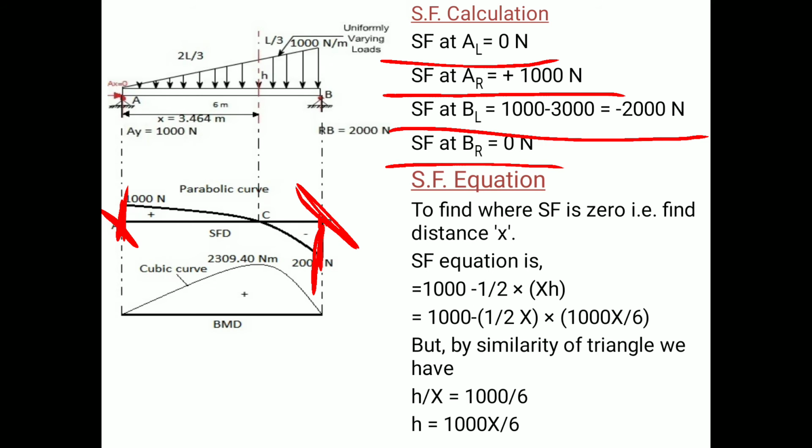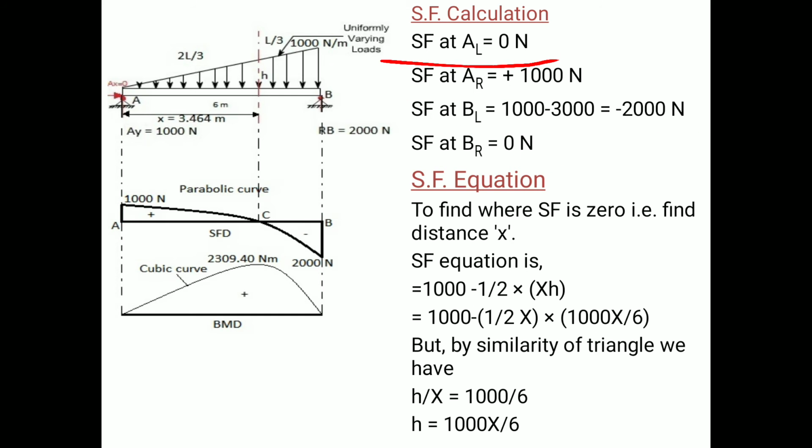So remember that for the uniformly varying load, for the shear force diagram, we have to join it by a parabolic curve. So this is a parabolic curve and it should be a second degree parabolic curve. So this is a very important concept in shear force diagram and bending moment diagram. For the uniformly varying load between two supports or between two point loads, we have to join it by a parabolic curve, and that should be a second degree parabolic curve. So this line and this line will be joined by a second degree parabolic curve.